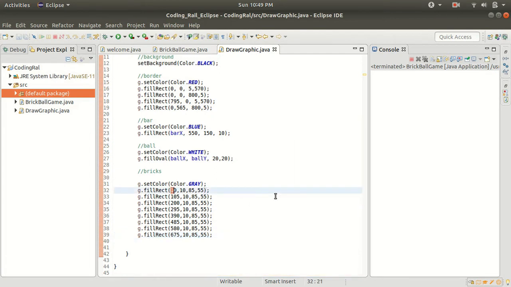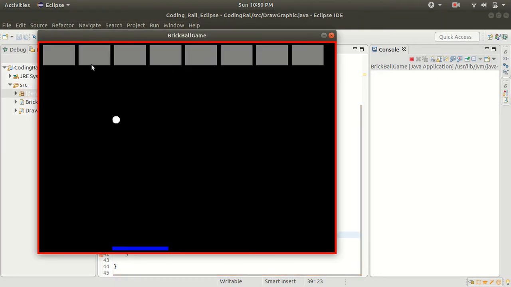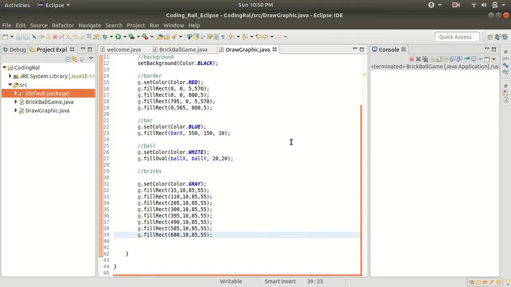So let's make some changes here. First 5, 10, 205, 300, 305, 490, 485, 680. This would be in center, I think. Yeah, this is better. So